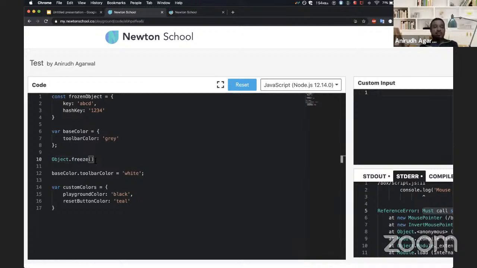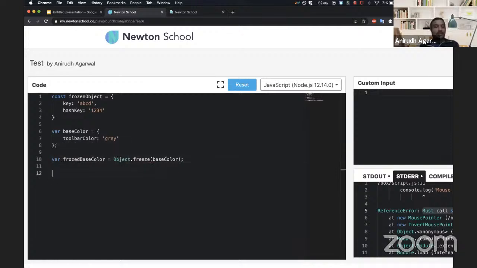In this freeze, it will take a parameter of the object, and it is base color. It returns you an object which is of frozen type. Its value cannot be changed. So we can say variable, and we'll say frozen base color, right? And I'll remove all of this. Now, whenever you do frozen base color dot toolbar color equal to white,